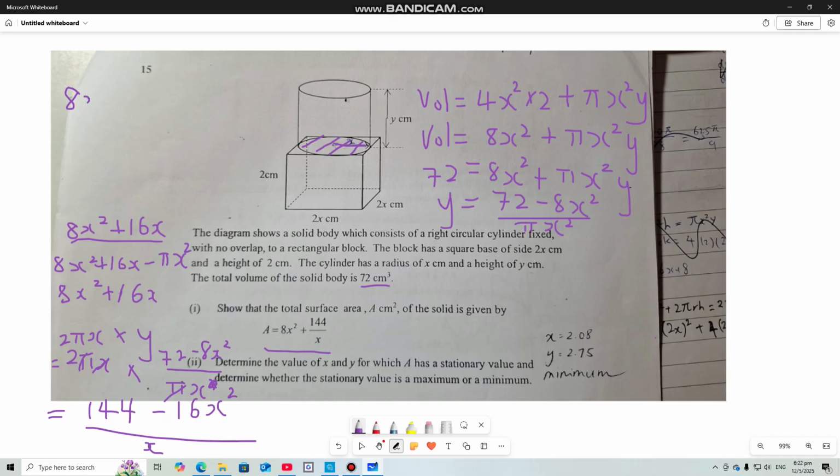So right now what I've got, I'll just add. That will be 8x squared plus 16x, and then I'll carry on, plus 144 minus 16x squared over x. Something like that. And remember, I told you this ax squared resembles our answer that we need to show, so do not use that. Instead, you will